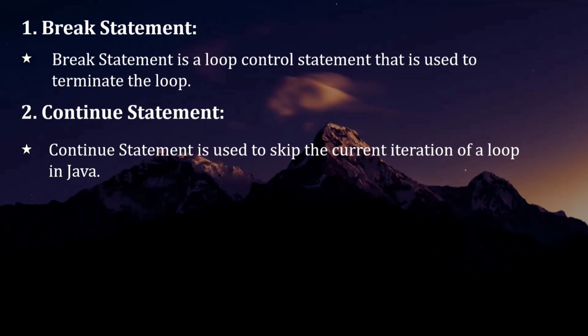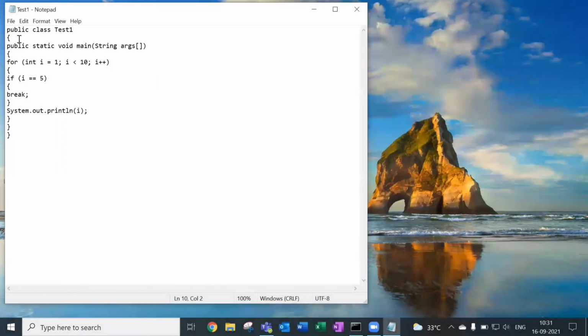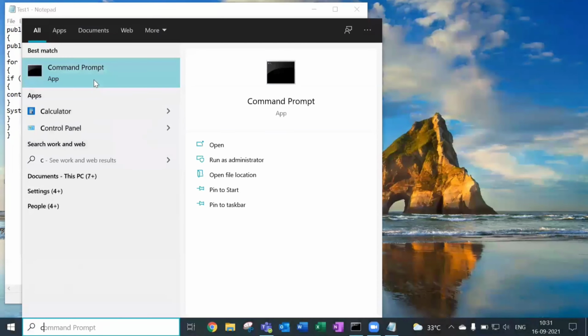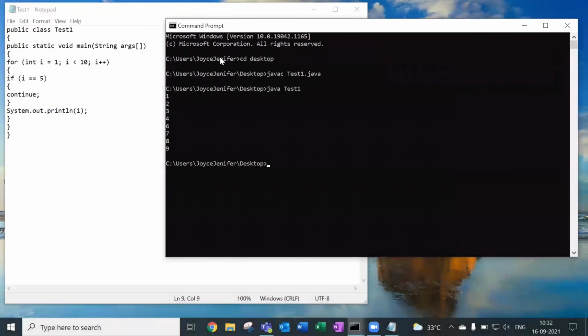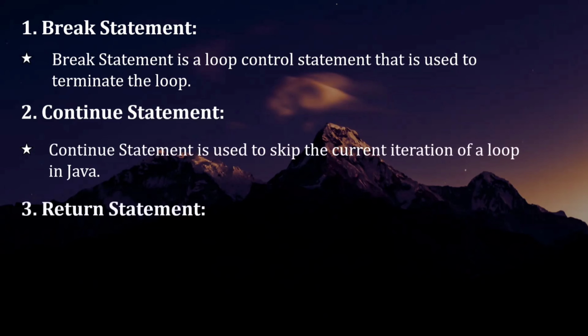Let's see the same example that we used for the break statement. Here I'm going to change this break statement alone to a continue statement. Everything else is the same. The flow of the program is that the loop skips when i equals 5 and then continues again when i equals 6. Let's see the output. Here we got 1, 2, 3, 4. Here we don't have 5 and it continues with 6, 7 and goes on. Here it skips the 5 because if i equals 5, continue, which means it breaks that particular iteration and continues with the next.